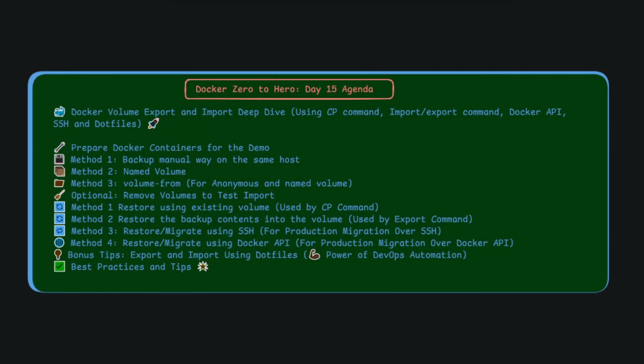Here you can see today's agenda. In day 15, we are going to learn Docker volume export and import deep dive. Here we are going to use the Docker cp command to export and import, and we are going to use import and export, the standard commands, and the Docker API, basically used for production movement, right? And we are going to use SSH also to move, copy or migrate volumes